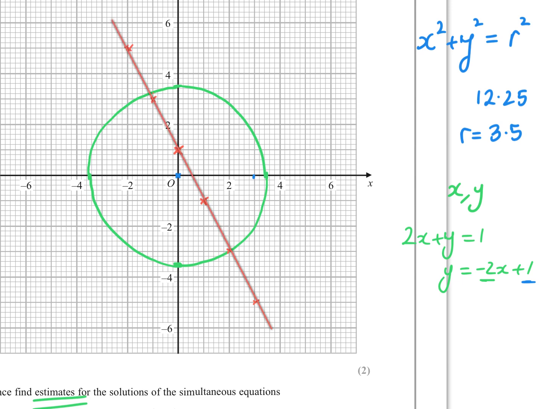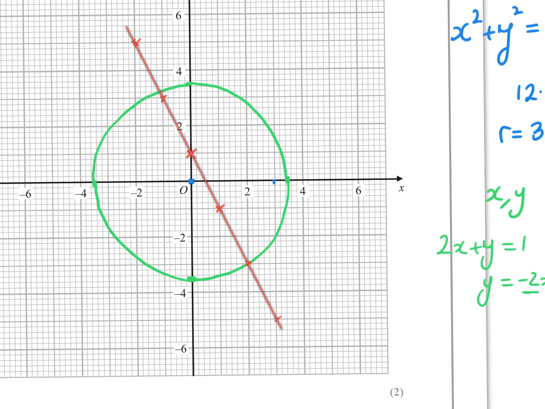So I'll move that a little bit. So that's the first part done, and we can just try and read off now where we think we are. So for this one, I've got 2 here and -3. So I think one of them I can label as A, which is 2, -3, and the other one